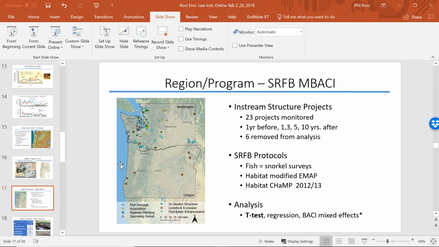They had protocols that were somewhat basic. We have pretty good streams. The streams are pretty clear here, so you can actually do snorkel surveys to count fish in almost all the streams. The habitat surveys were modified EPA EMAP protocols, which are great for what EPA was using them for, but not necessarily measuring the right things that would respond to restoration projects. And then there was an effort to switch to a different habitat monitoring program, the Columbia Habitat Monitoring